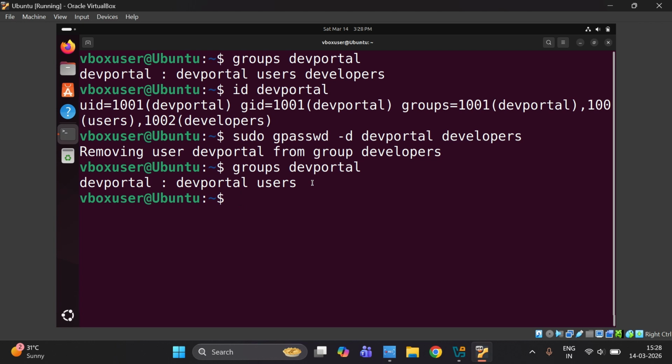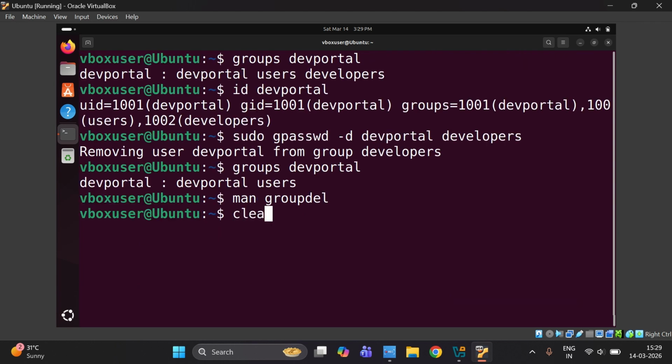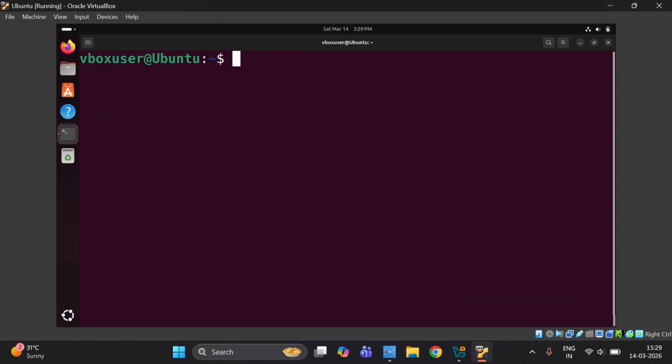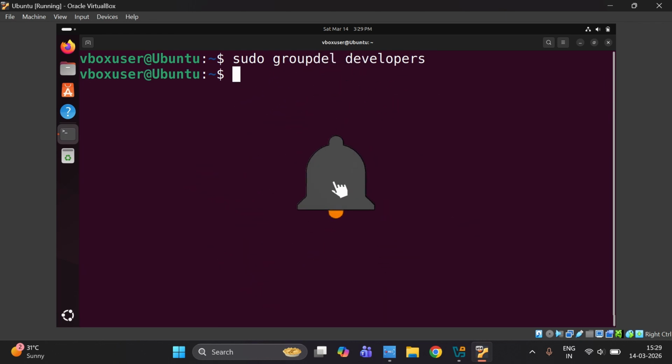So for deleting the group, we have another similar command related to the user management command. For user management, we have used userdel, and for groups, we will use groupdel. If I show you the manual, groupdel, you can see it will help us to delete a group. So let's quit this and let me clear the console, and now let's try to delete the group. So I will mention sudo again first because it needs root privilege, and after that I will mention my command which is groupdel, and then I need to mention the group name which is developers. Now if I press enter,